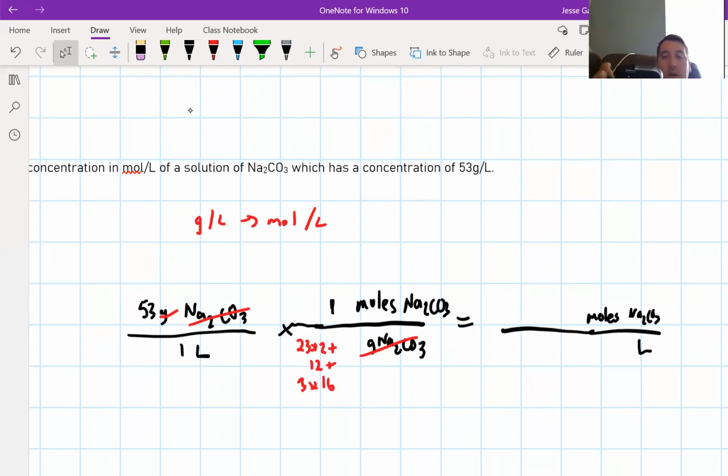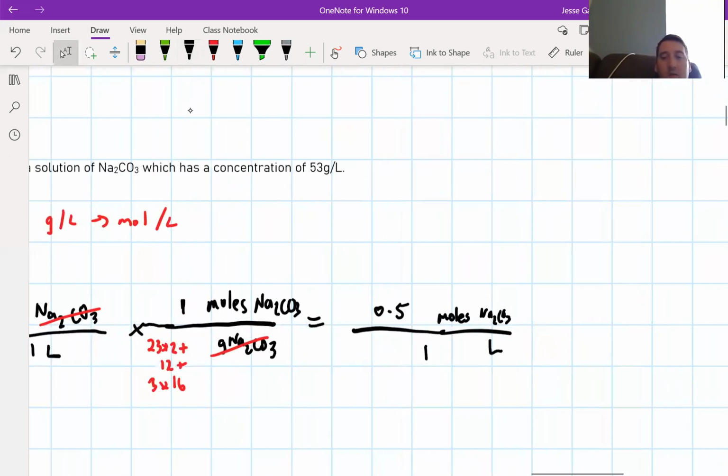Okay, so the answer that I'm getting here when I do all of that out is 0.5. 0.5 moles of Na2CO3 per 1 liter, or 0.5 molar